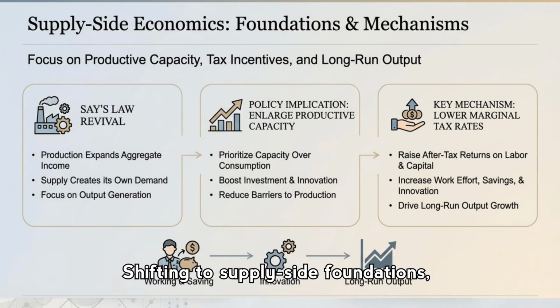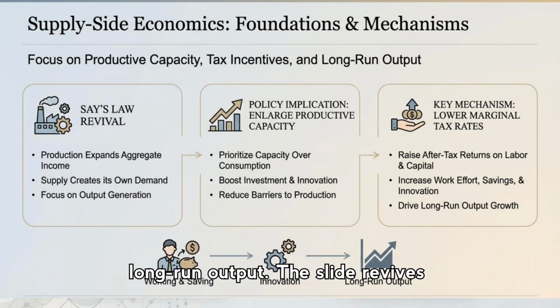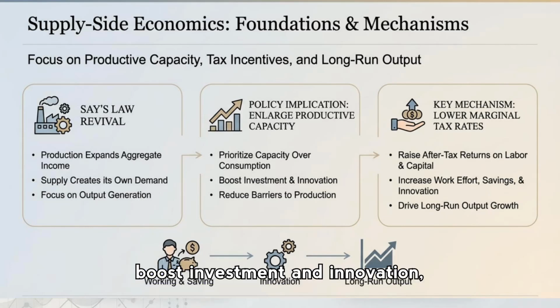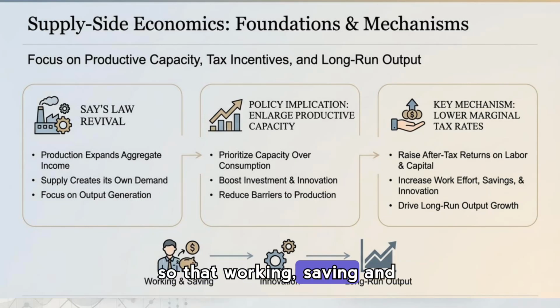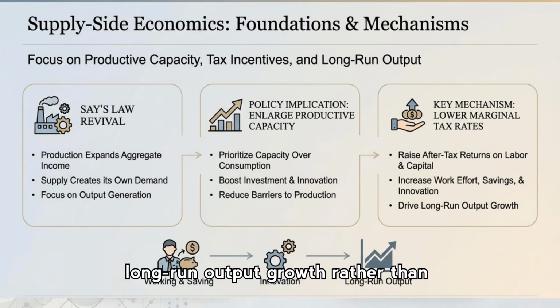Shifting to supply-side foundations, the focus moves to productive capacity, tax incentives, and long-run output. The slide revives the idea that production creates demand, urging policies that prioritize capacity over consumption, boost investment and innovation, and reduce barriers to production, so that working, saving and innovation translate into sustainable long-run output growth, rather than just